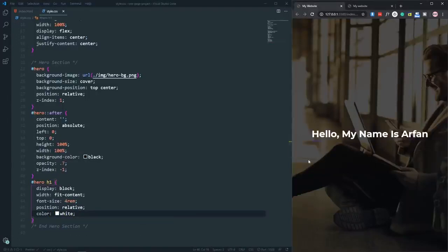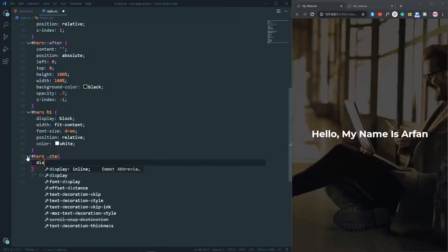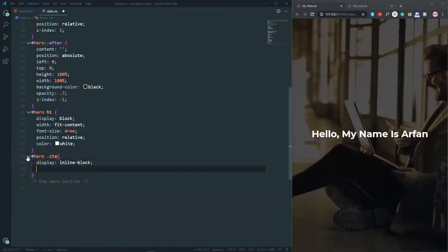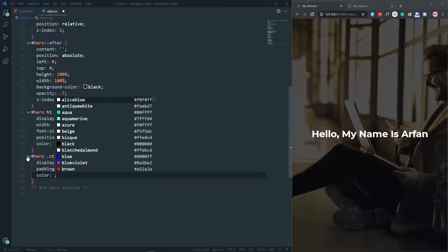So if I save, as you can see, that's our text, which is looking fine. So let's come here and style our button. Let's come here in the hero .cta. Let's say that display will be inline-block, and let's give it a padding of something like 10 pixel and 30 pixel, and let's give it a color of crimson,